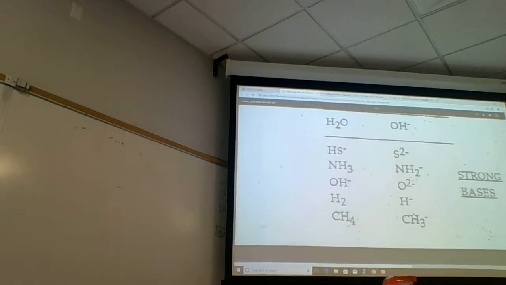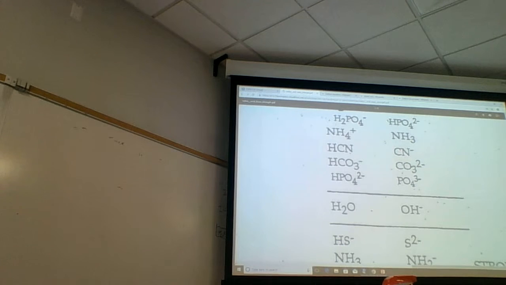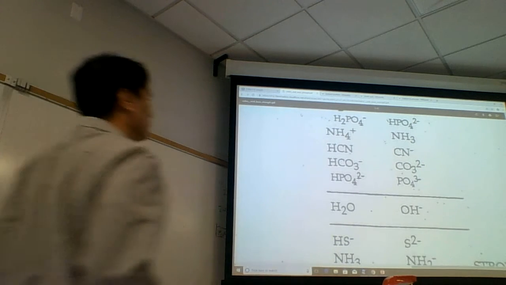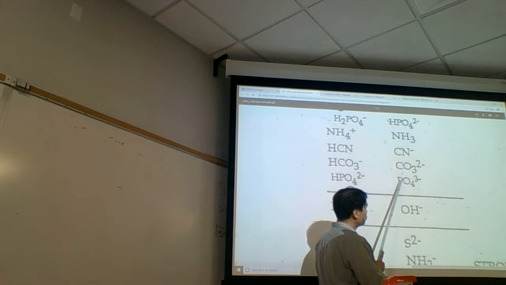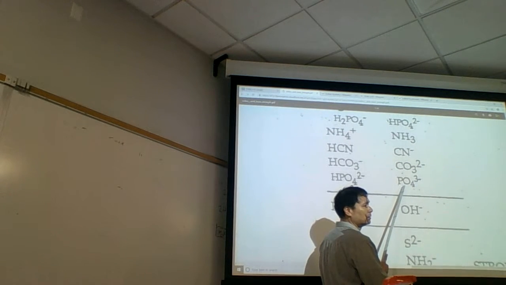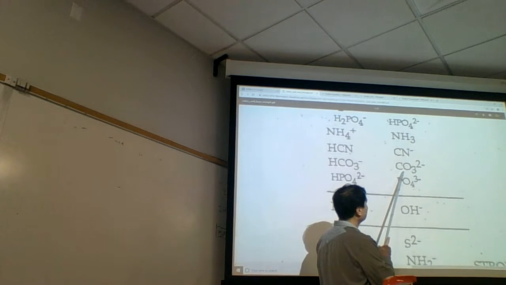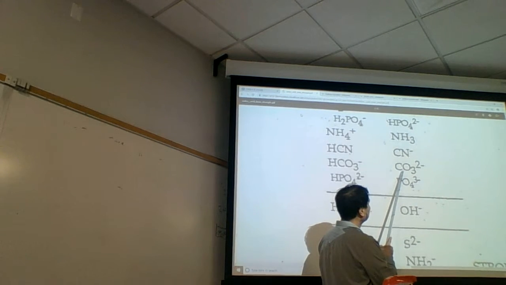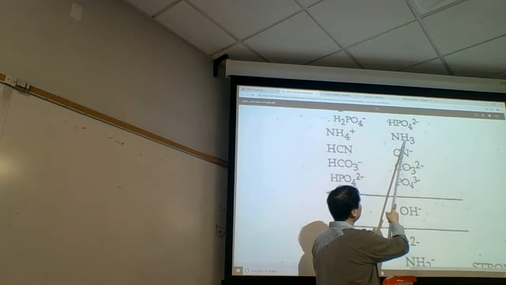Okay, once we pass hydroxide, then we get to these, the weak bases. And the strongest of the weak bases is phosphate, followed by carbonate, followed by cyanide, ammonia,